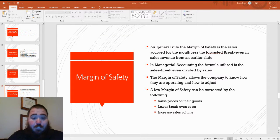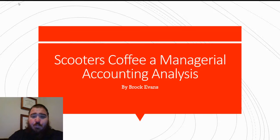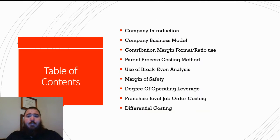This is a managerial analysis of Scooter's Coffee as a whole. So starting out, we're going to be covering the company introduction, the company business model, the contribution margin format and ratio that they may use, the parent process costing method they may use for their franchises, the use of a break-even analysis for Scooter's, the margin of safety, the degree of operating leverage, franchise level operating costs or job order costing, and differential